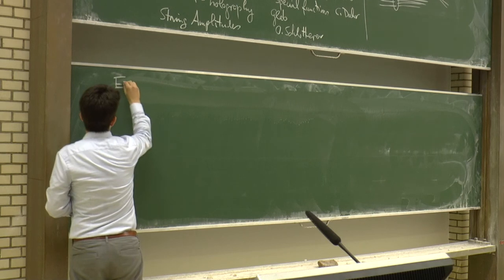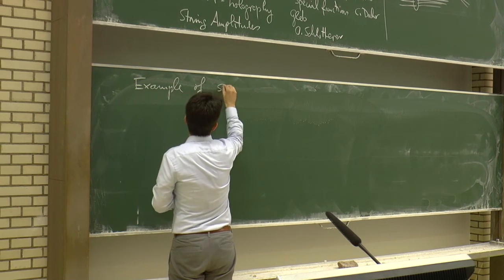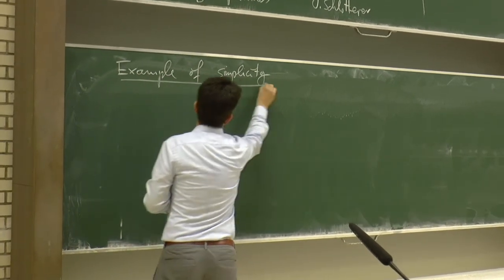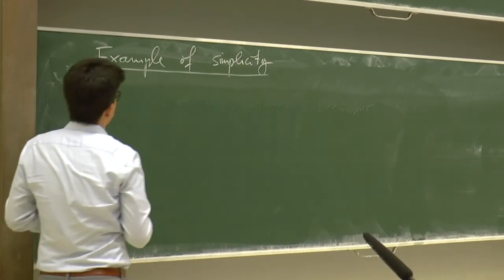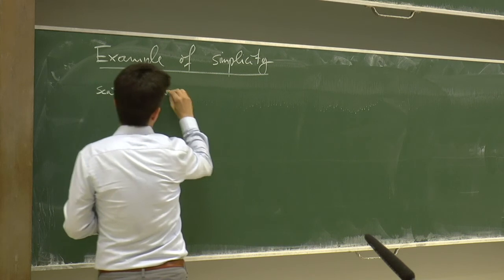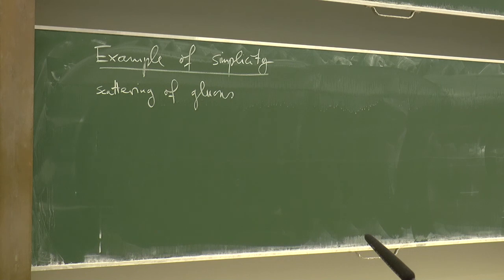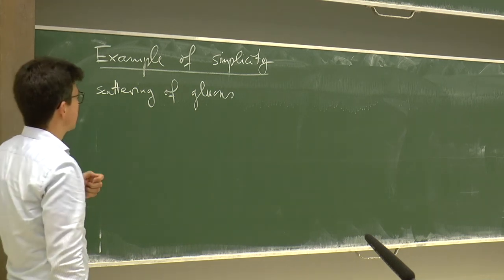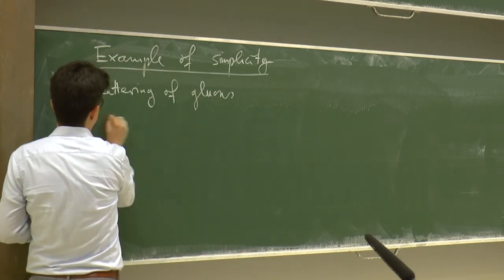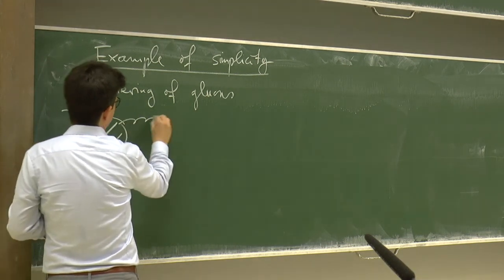So let's start with some example of simplicity. So I want to consider scattering of gluons. So gluons are massless particles that have spin 1. So first I need to introduce some notation. So let's say we denote the scattering process as a blob like this. So this blob